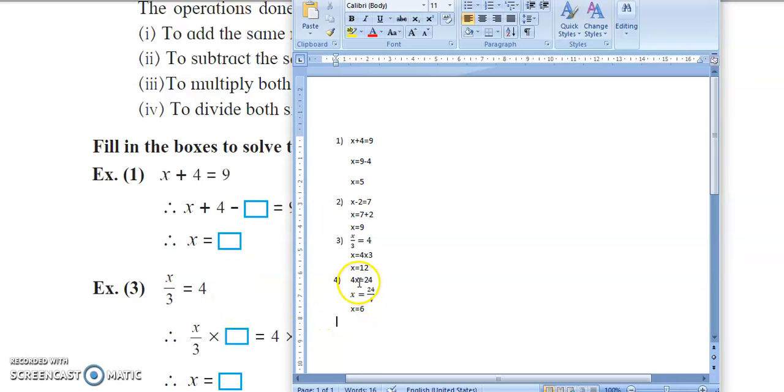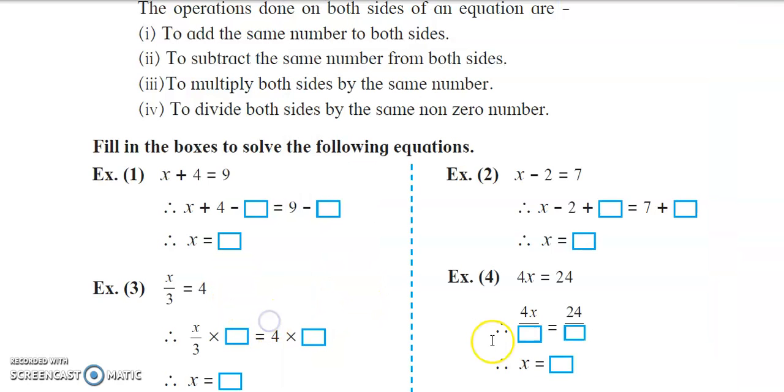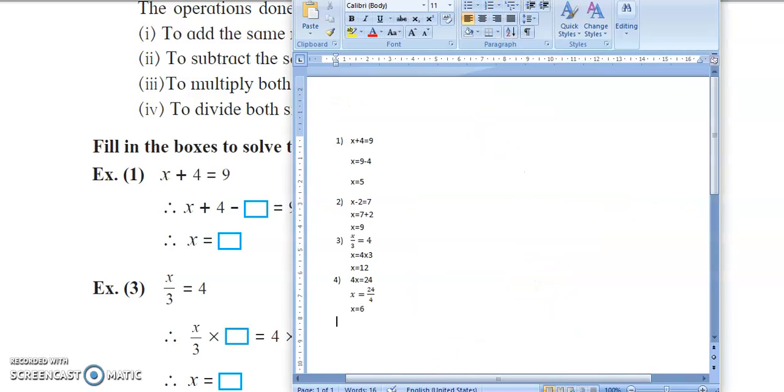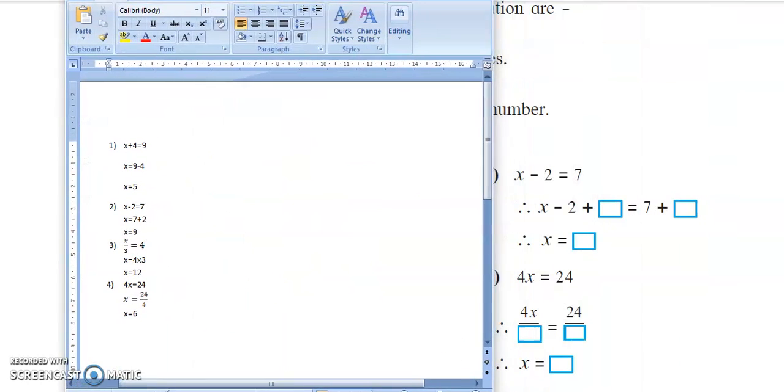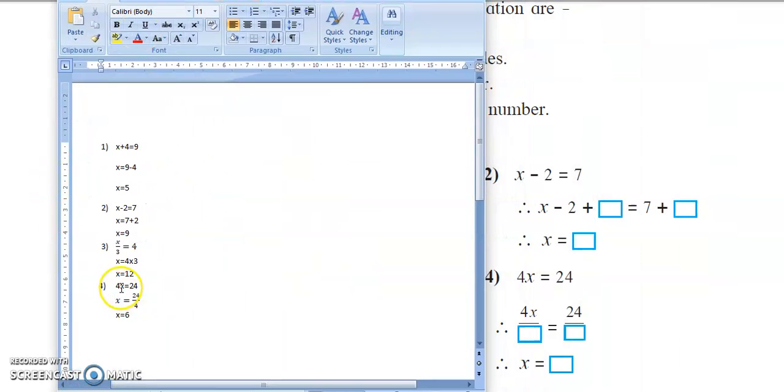So you got it here. Now the fourth example we have to see. 4x equals 24. This x, when it is multiplied by 4, then you will get the answer as 24. So you have to find the value of x. Let us see here the solution for finding the value of x. 4x equals 24 is given. So x equals, now 4 is in multiplication. So when it goes to the right hand side it will become division. So x equals 24 divided by 4.